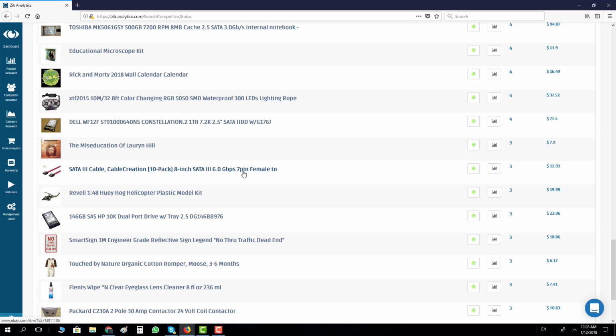Now, how do we find the niche? You probably ask yourself that question. So, the best way to find a niche is to look for the words that describe the niche. As you can see here, we have this cable. This is a SATA cable, and here are all the other keywords that describe the model, the length, and everything. So what we're gonna do here is basically click on this button,